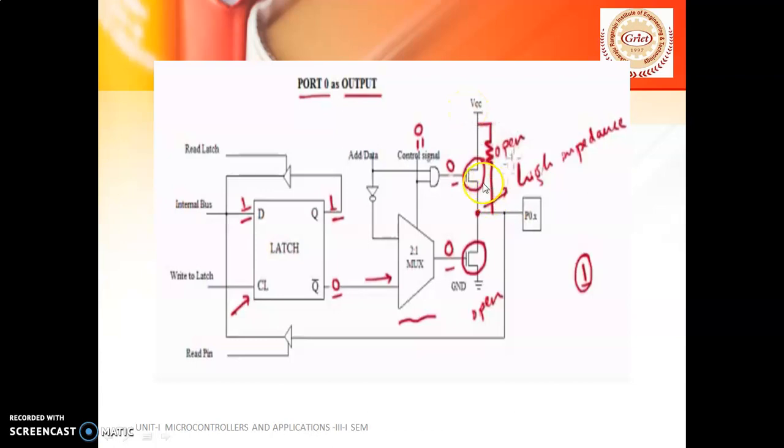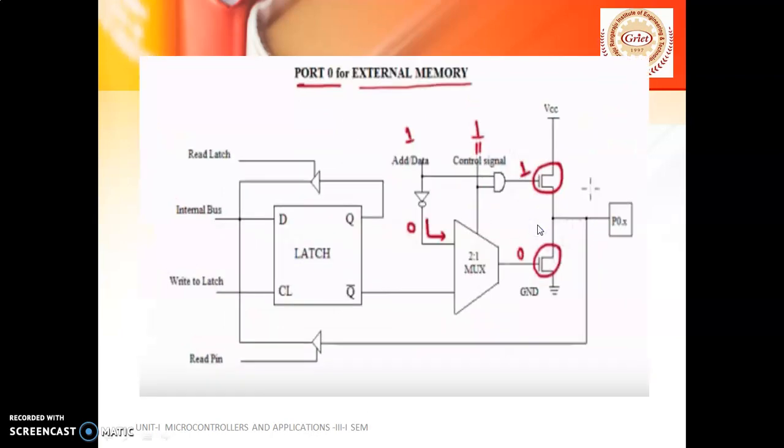If I go and measure the value at this point, it is going to be 1, because this pull-up resistor is connected to VCC, that is 5 volts or 1. So now the problem is solved. As it is connected to VCC here, the processor can write 1 onto the output devices which have been connected to the 8051 microcontroller.